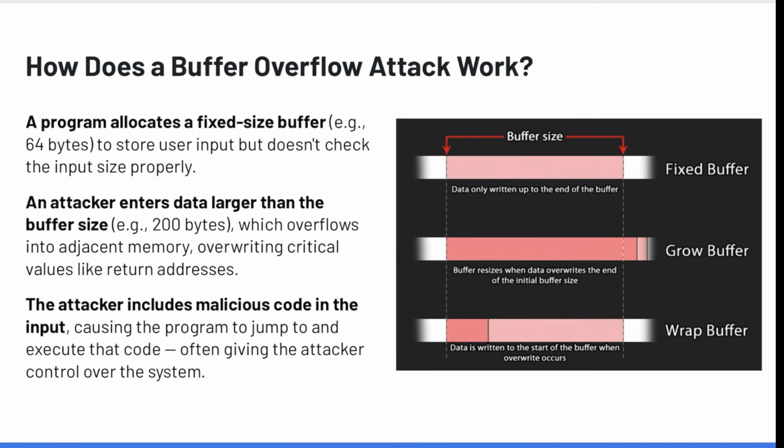So just to go into more detail, and this is kind of a rehash: a program allocates a fixed size buffer, right? And I was talking about memory before as if it was just RAM. If we're talking about a buffer, we're usually talking about some intermediary storage before something goes into RAM or before something's getting sent to another place. Basically, it's a temporary intermediary storage area for data that's going to be used and executed. So this sort of overflow attack that we talked about is going to be happening in a buffer,